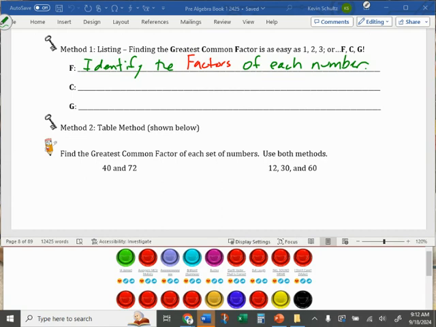C stands for common. Okay? Circle the, again, super important, so we'll put it in red, circle the common factors. And then G, Greatest. The greatest of the common factors. The greatest of the common factors